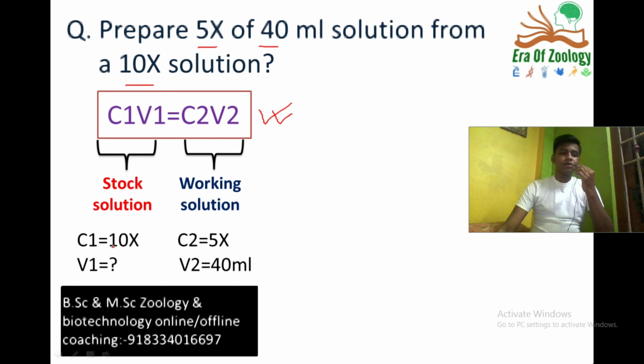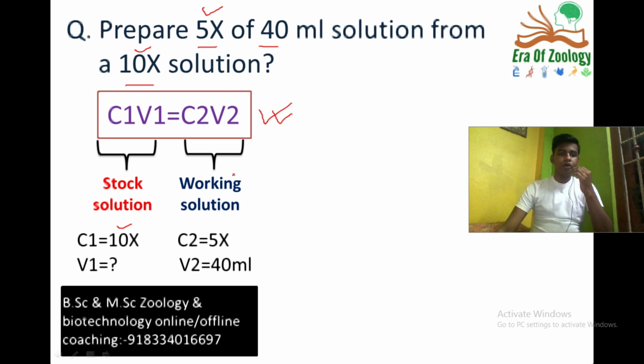The concentration of our stock solution is 10x, so C1 is 10x, and V1 is unknown, which we have to find out from the formula. C2 is 5x